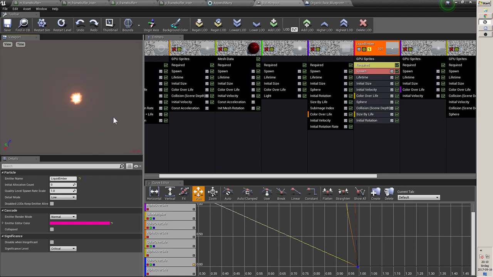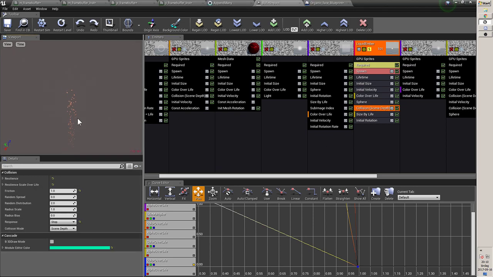One thing that's cool about Unreal Engine is they have the scene depth collision, which is epic. If you use the GPU particle system, which is basically a cheaper way to simulate particles, you can spawn a ton of them without calculating on the CPU, which is really good, because NVIDIA and ATI cards are so powerful today. You can basically feed them anything and it will just work. So this is all individual particles, and a scene depth collision